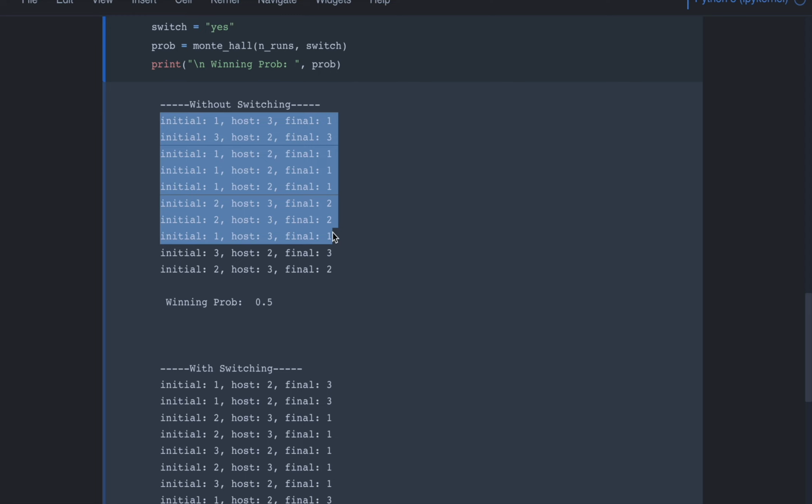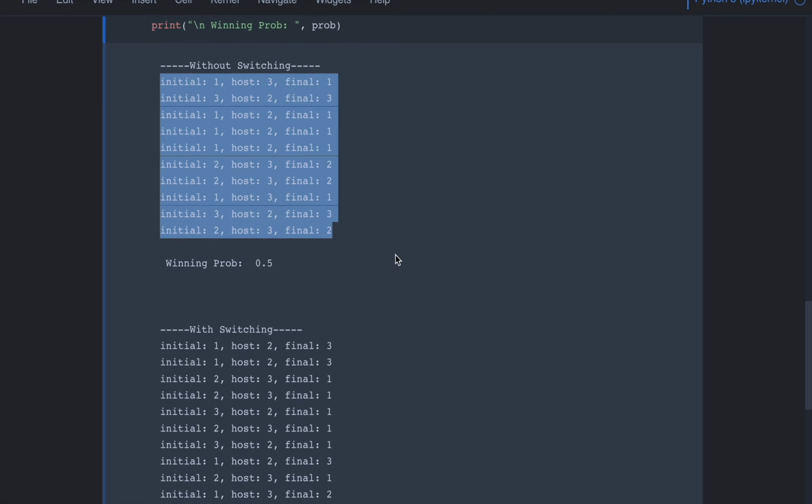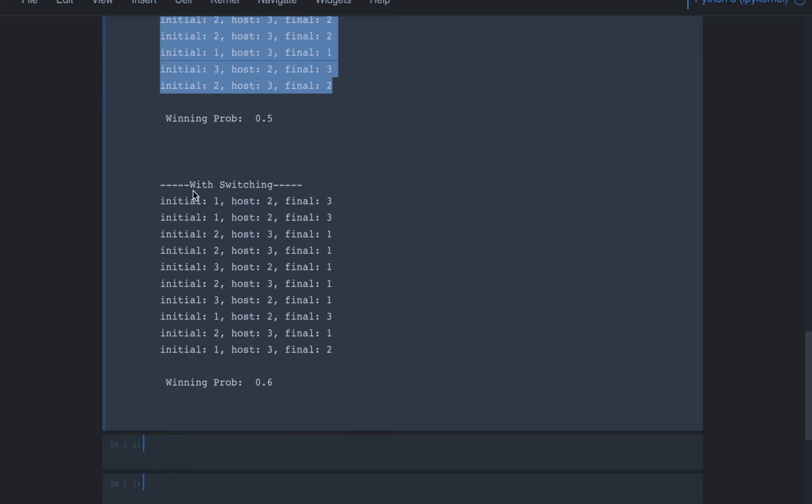Now we'll come to the winning probability. Here we have done only 10 simulations. By now you are already familiar why we need to conduct a large number of experiments to get a right estimate of the probability, right? Now, this is the second scenario. Let's say you are switching, right? For example, your initial guess is 1. The host has opened door 2, which has a goat, and he asks you, hey, do you want to switch to door number 3 or do you want to stick with your initial option, door number 1, right? Because in this case, you are switching, so you are switching to